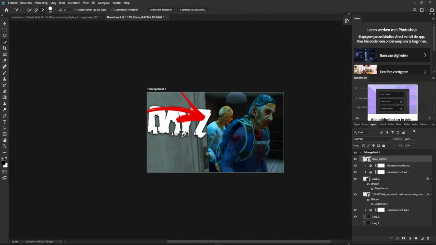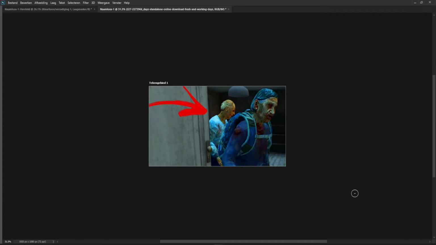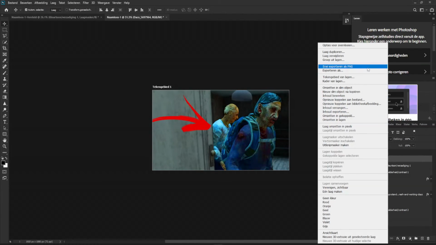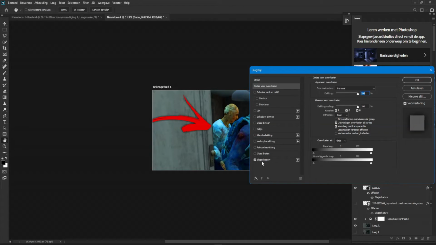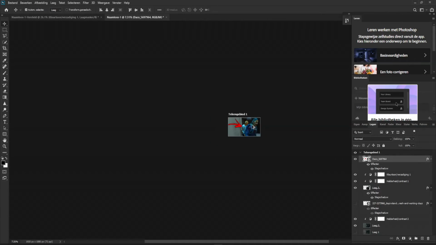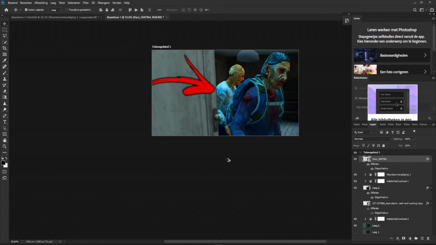For example, let's just remove this DayZ layer for a second. If you just click on the eyeball, it will remove it. Oh, I didn't want to do that. It will remove it. As you can see, it's still there, but it's just invisible, so you won't see it in the end result if you just save it like this. Arrow, do a little bit of shadow, just to let it stand out a bit more. There you go. And now we got ourselves a short thumbnail, I would say,